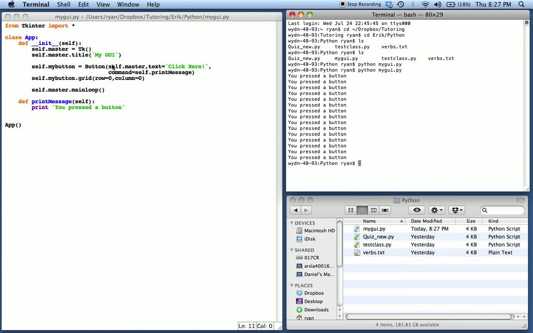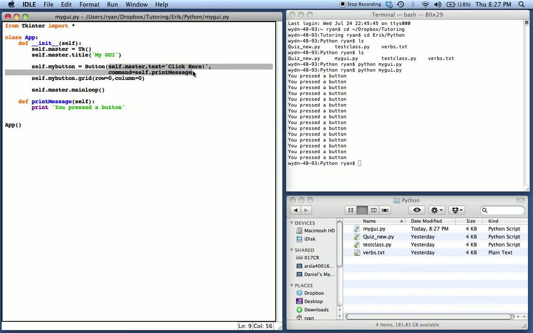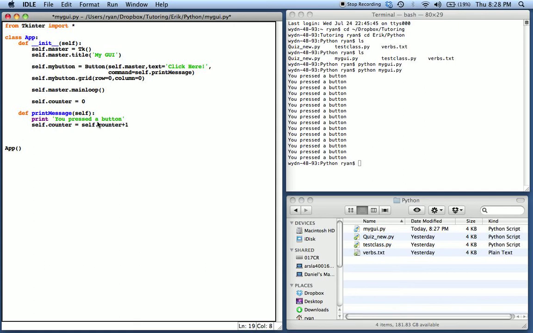After you've defined all these things about the button, you can actually change those things later on and make them dynamic. Let's say we only wanted someone to push a button 5 times. Well, let's add in some logic here. We're going to start a counter variable up in our initialization. Call it self.counter, and we'll set it equal to 0. You'll see why we're doing this in a second. Now every time we press the button, self.counter increases by 1. Then, if we get to the point where self.counter is greater than or equal to 5,